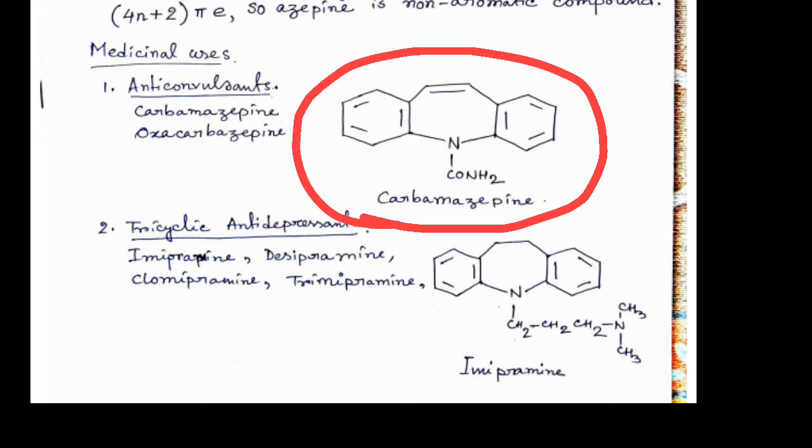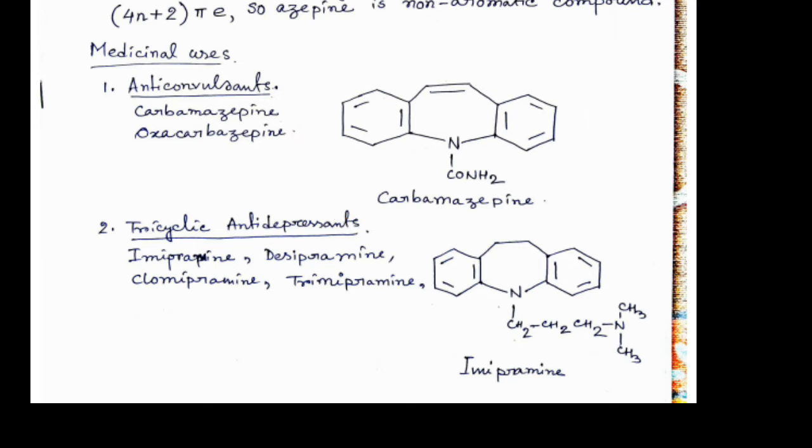They are used as anticonvulsant drugs, and this is the simple structure of carbamazepine, and it actually contains 3 ring structures. Among them, 2 are phenyl rings, and the other ring present in this structure is the azepine ring. As you can see, the azepine ring along with a CONH2 substitution at position 1 of the azepine ring,